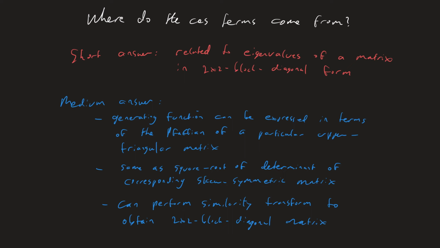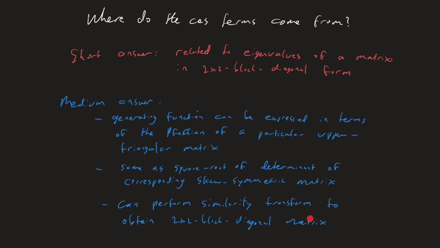If you have an upper triangular matrix, which is 0 along the diagonal, then you can simply fill in the lower triangular part of it to make it a skew-symmetric matrix. Computing the determinant of that skew-symmetric matrix and taking the square root gives you by definition the Pfaffian of the upper triangular matrix. If you then perform a similarity transformation on this skew-symmetric matrix, you end up with a 2x2